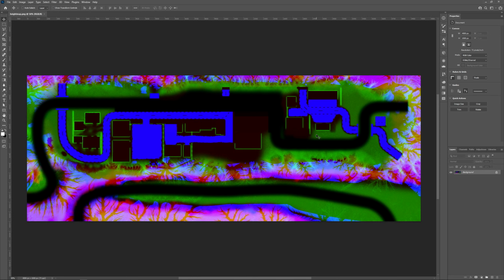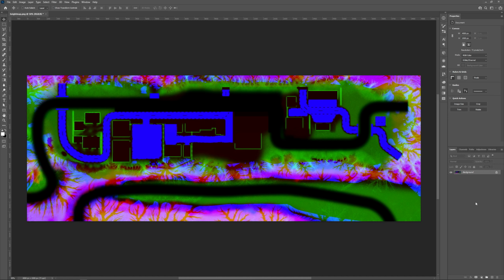And we can see that it has a lot of color information in the red, in the green, and in the blue channels. And probably yours do as well if you've added like concrete and grass and stuff to your height maps, and not just height information. But we are only interested in the information from the red channel because that's the height information.